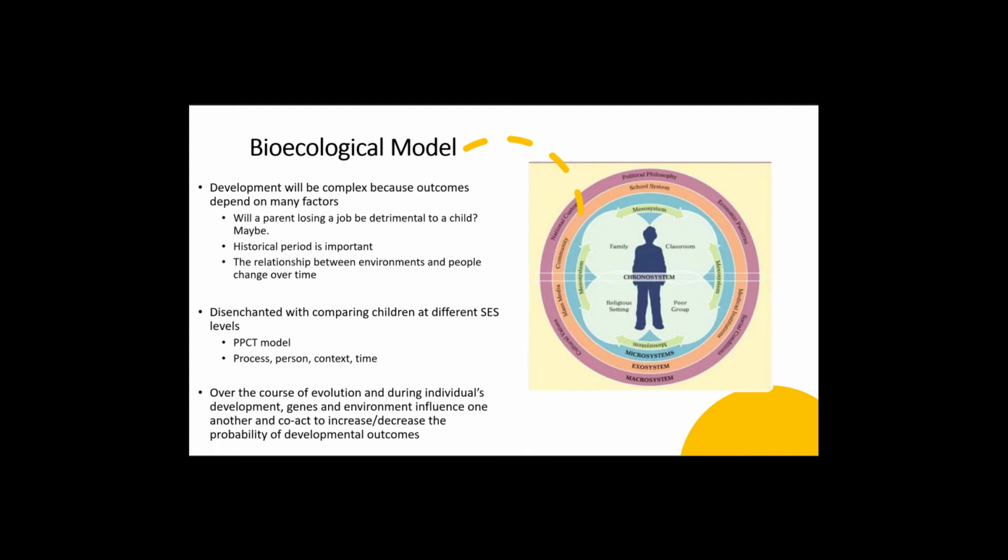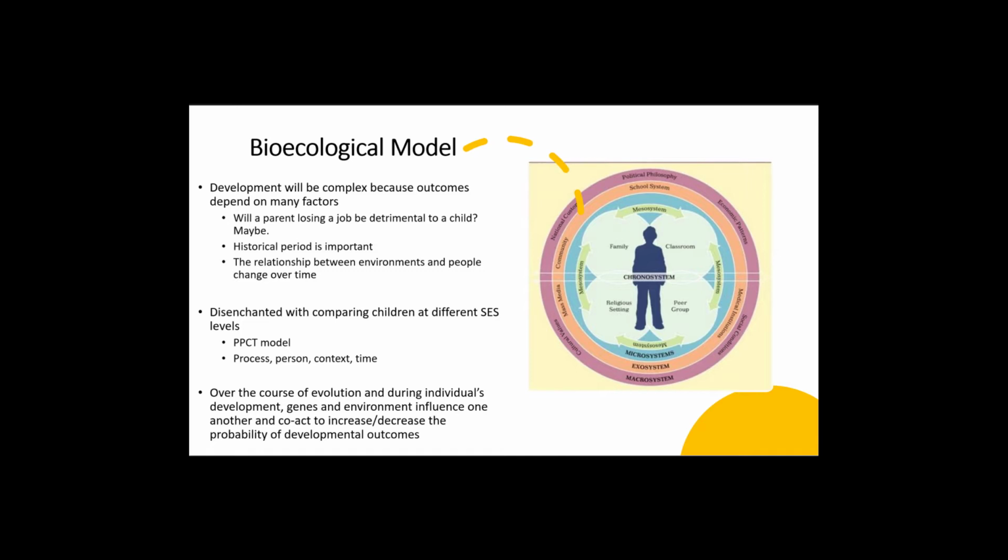So the impacts of the Great Recession, we have a ton of data on this, for example. The recession, whatever the exact date when it started is debated, but around that 2007, 2008 range. Countries had different human outcomes for that. So different rates of suicide, different rates of depression, etc., different impacts from unemployment. Why is that? Because countries are different. They have different laws, they have different social welfare programs, etc. So the question: will a parent losing a job be detrimental to a child? The answer is maybe. It depends on the historical period.